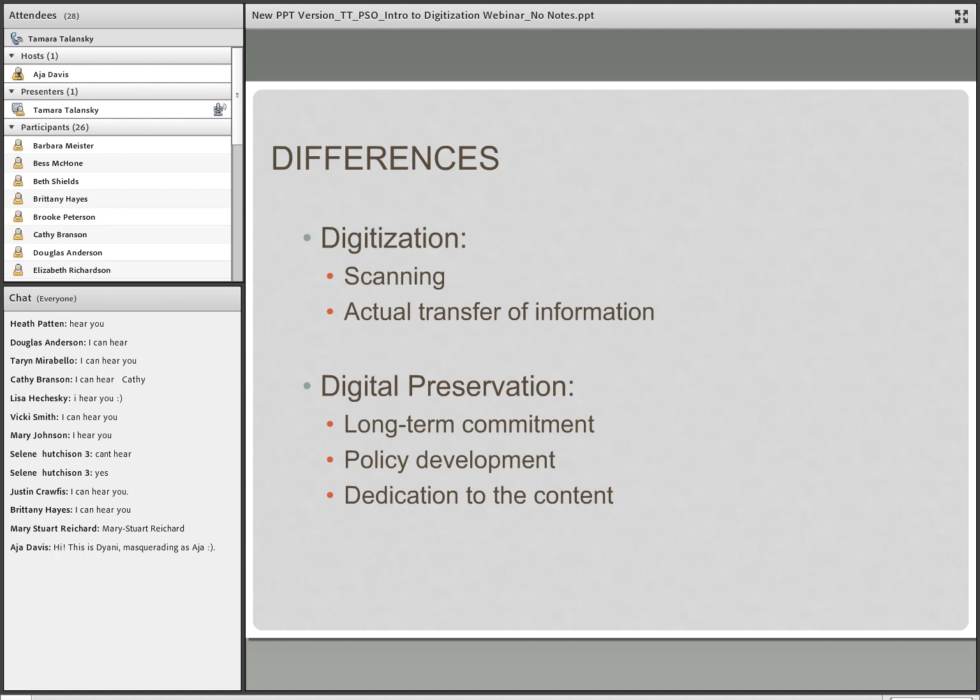One is a means to an end, so using the physical object along with hardware to produce the digital image, which would then be the actual digitization, and the other is a long-term commitment. Digital preservation is a way of ensuring long-lasting access through policy development and an institution's dedication to preserving the content into the future. This requires active management over time, and also a commitment from staff to keep these policies updated. For the purpose of this webinar, though, we will predominantly be discussing digitization factors and planning, but next I want to touch briefly on digital preservation policies.